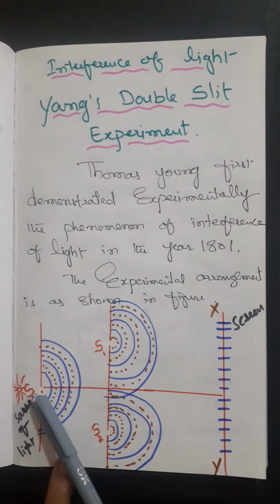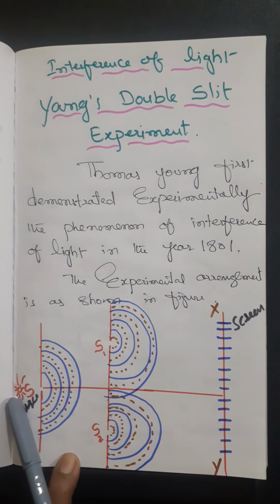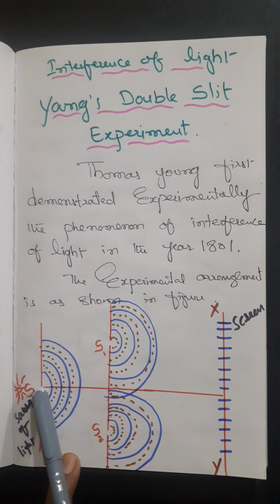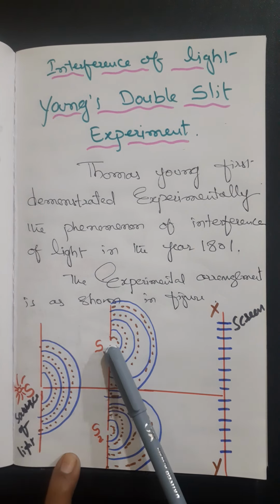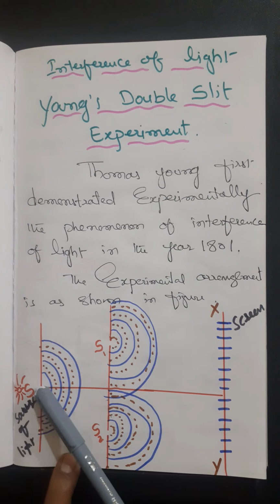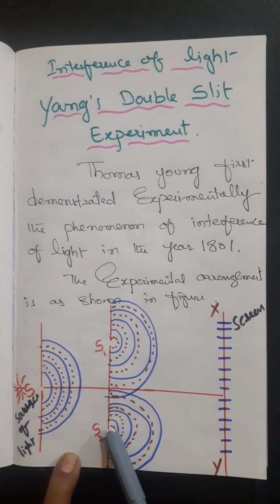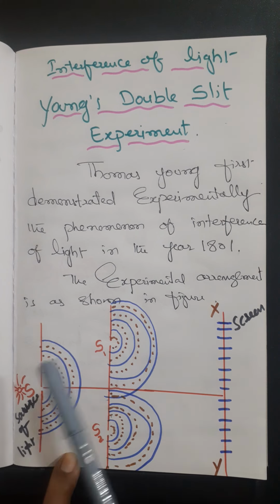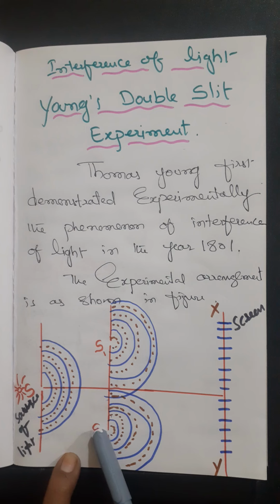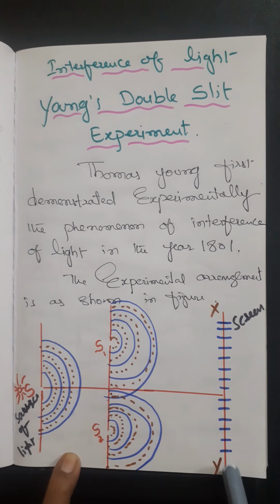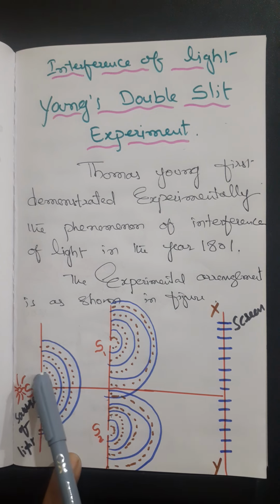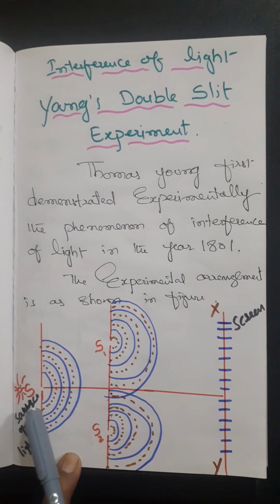Here there is a small pinhole S. The sunlight is coming through pinhole S. Now there are two pinholes S1 and S2 which are at equal distance from S. Here the distance from S to S1 and S to S2 is equal. Now there is a screen XY on which the interference pattern is obtained. Here these blue lines represent the crest, and these dotted brown lines represent the